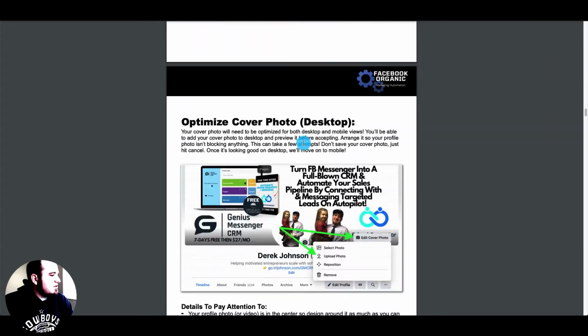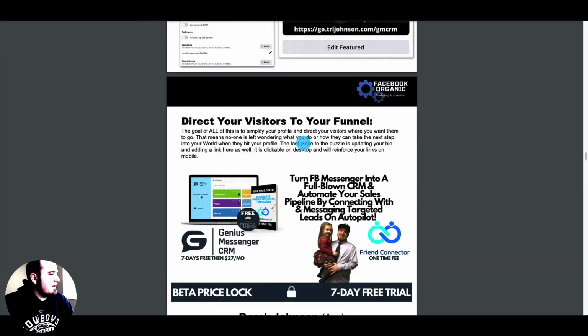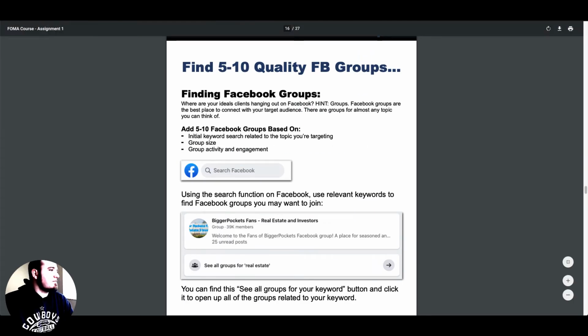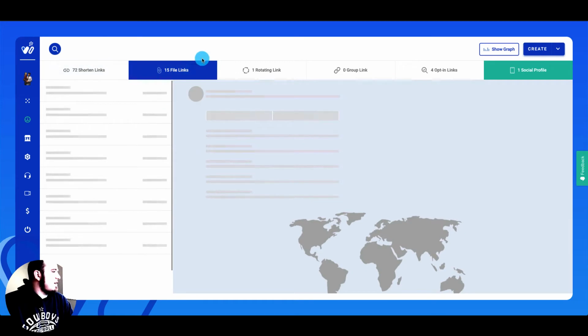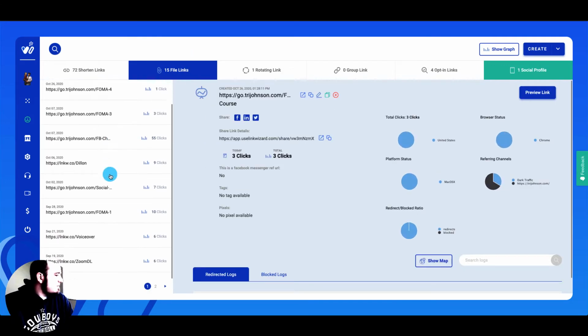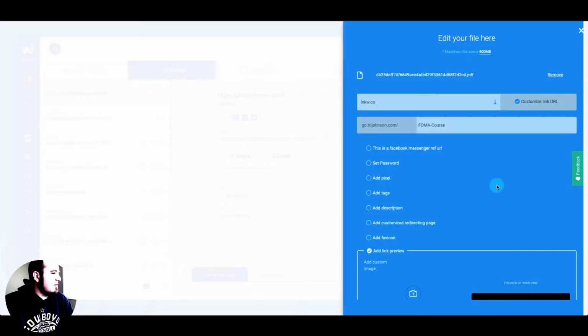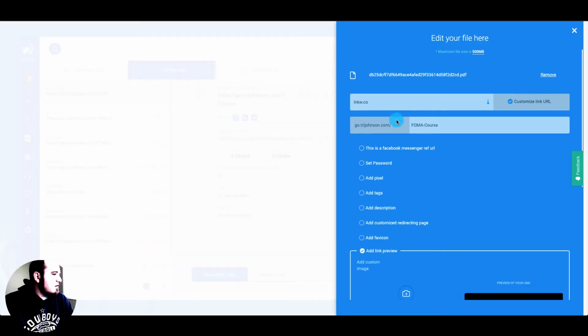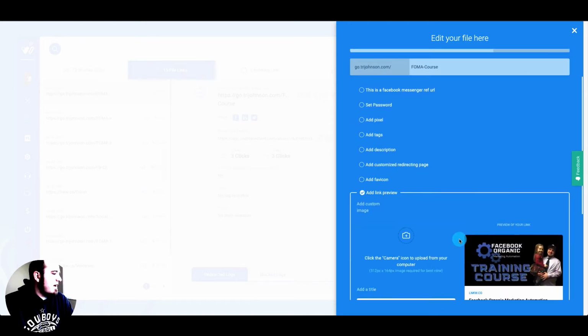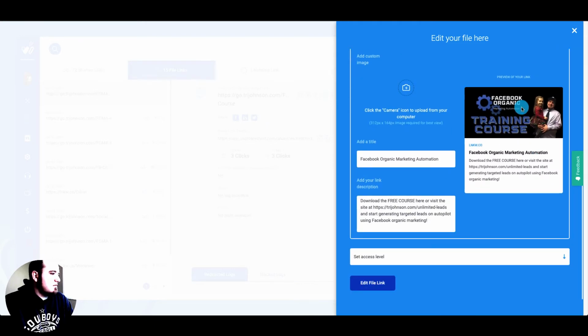So that's the second tool you can use, Link Wizard. If you have a file 500 megabytes or less, you can create a Link Wizard file link. And this is cool to instantly deliver stuff. You can also password protect it if you want to. And you can control how it looks on social media. So I created a custom short link here, right? And customize the link